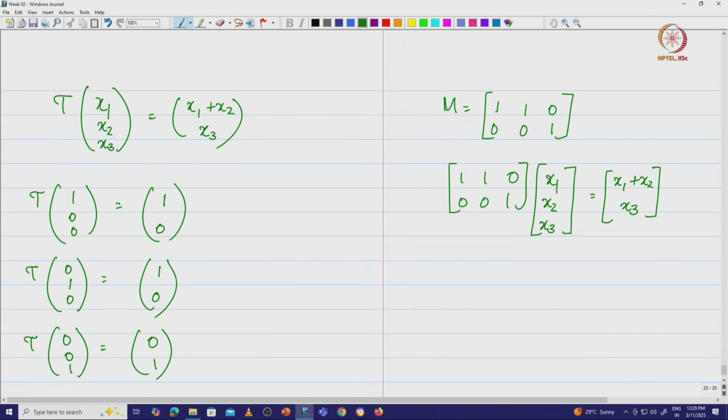Now, it looks like in this case, we again ask the same question. What is the question? Does T map entire R3 to entire R2? Right. Does T map entire R3 to entire R2? Now, let us go back to the previous example and figure out an answer for this, and once we figure out an answer for that, I think we will be able to get the answer for this question also.